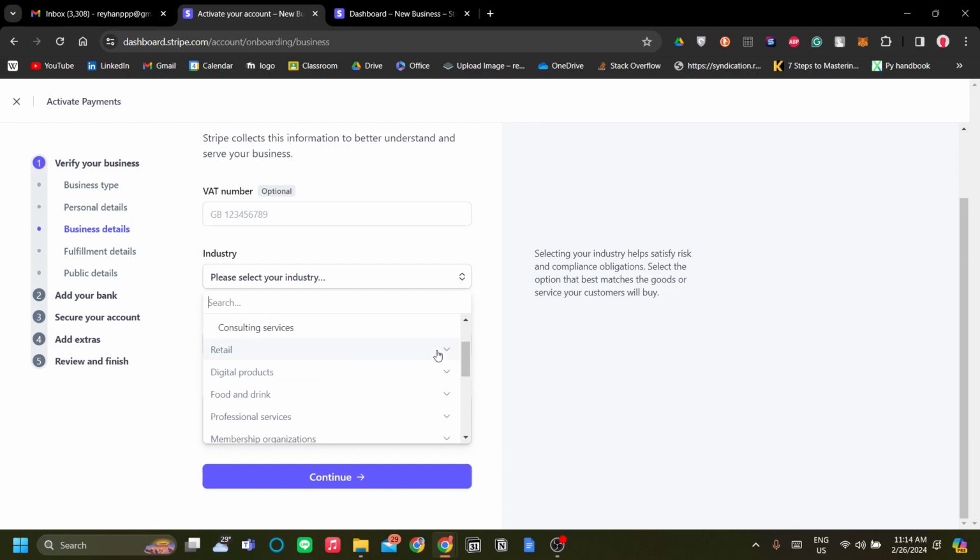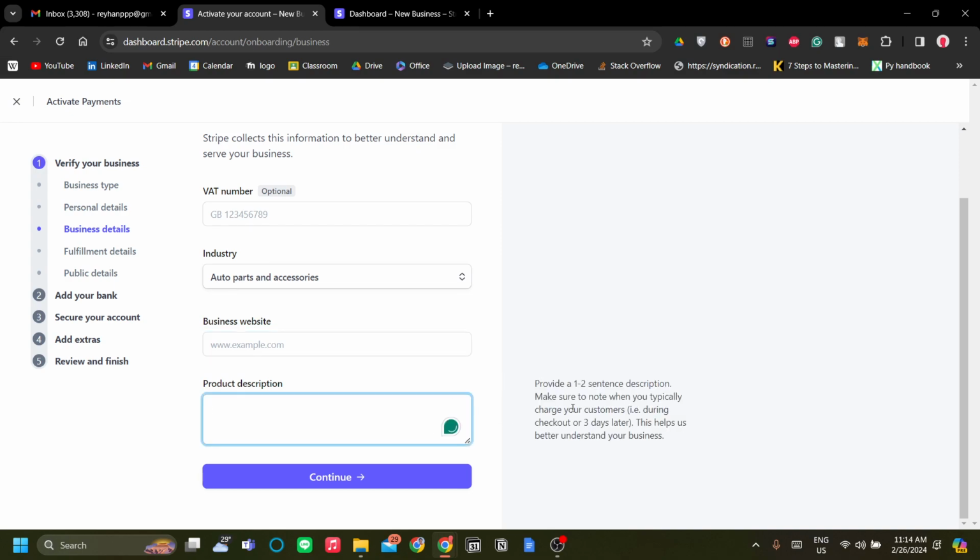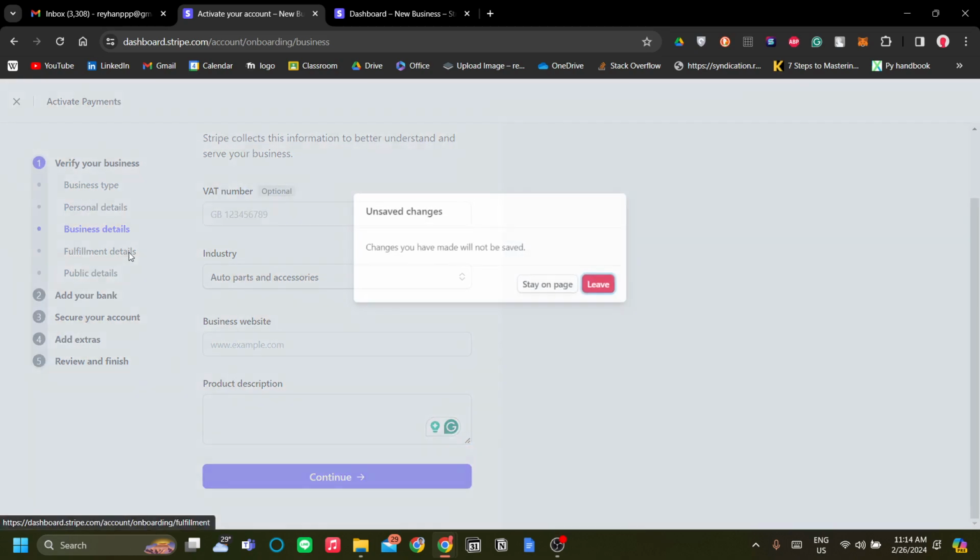So for example, my industry is the used car industry. So I'm just going to choose auto parts and accessories, and add a business website. If you have, maybe you have a Shopify, maybe you have another website that you can put on there, and your product description. Next is the fulfillment details,